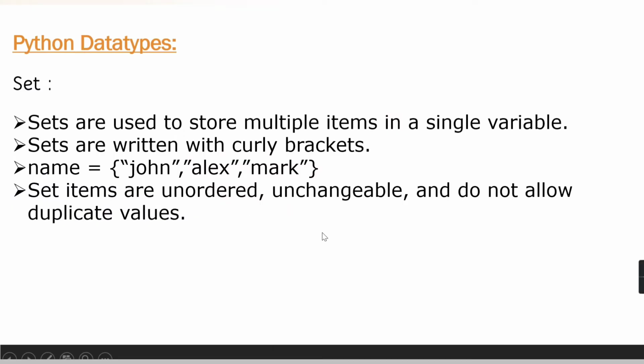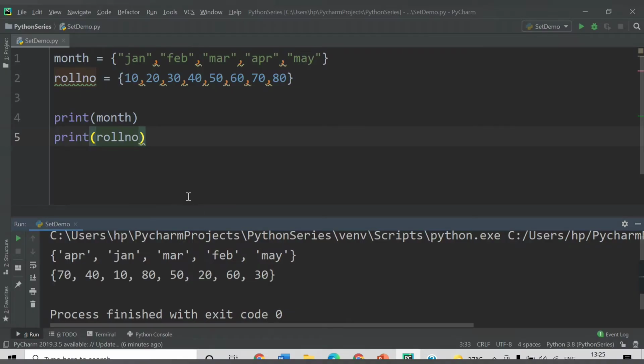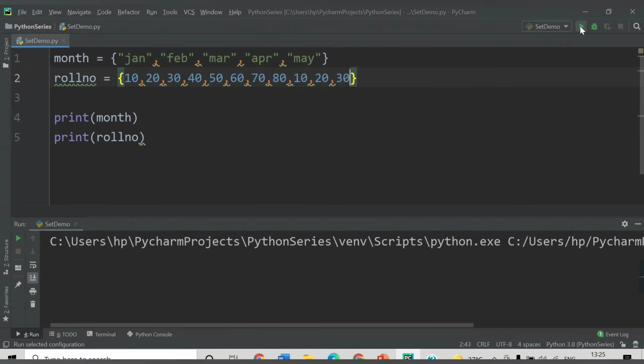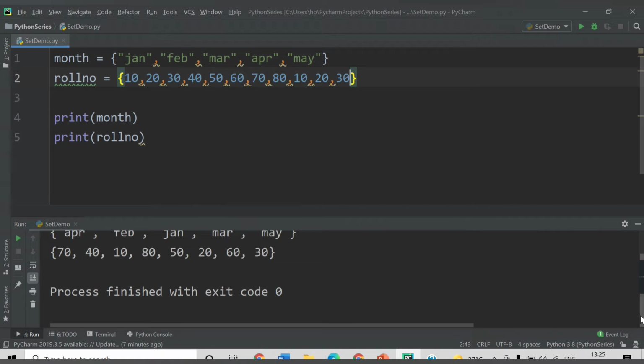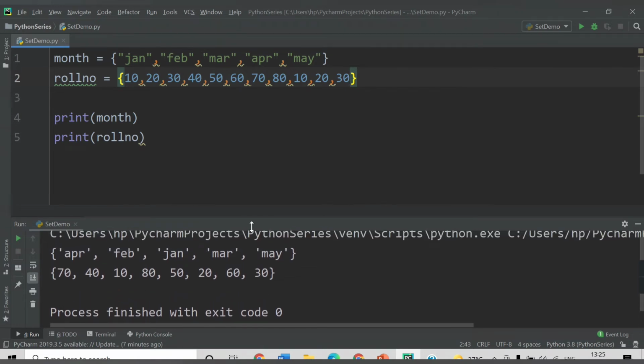Now let's check whether it allows duplicate values or not. So here we have 10, 20, 30. Let's repeat that again: here 10, 20, 30. Let's save this and run now. As you see, there is no error in the console, right? It means that it does not give any compile time error or runtime error.